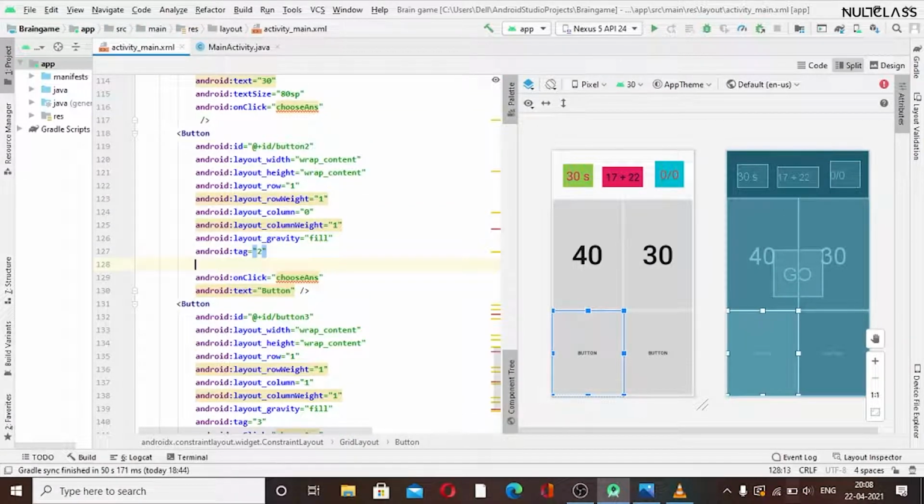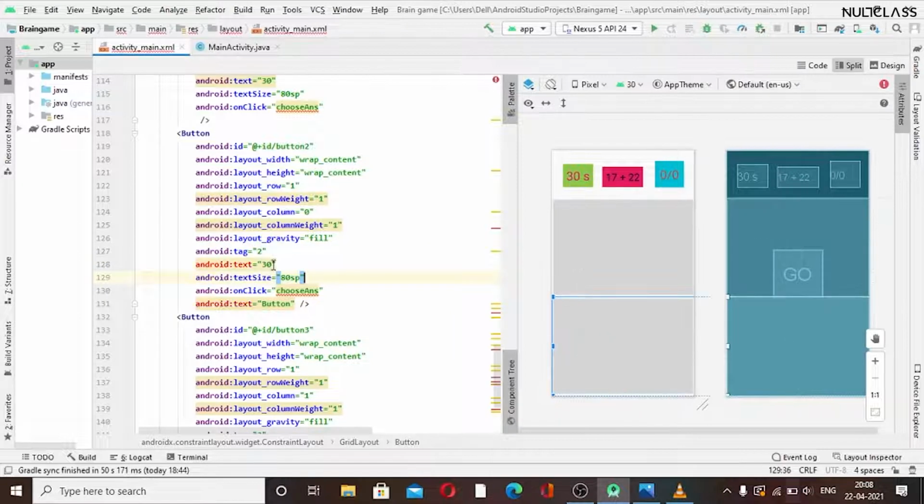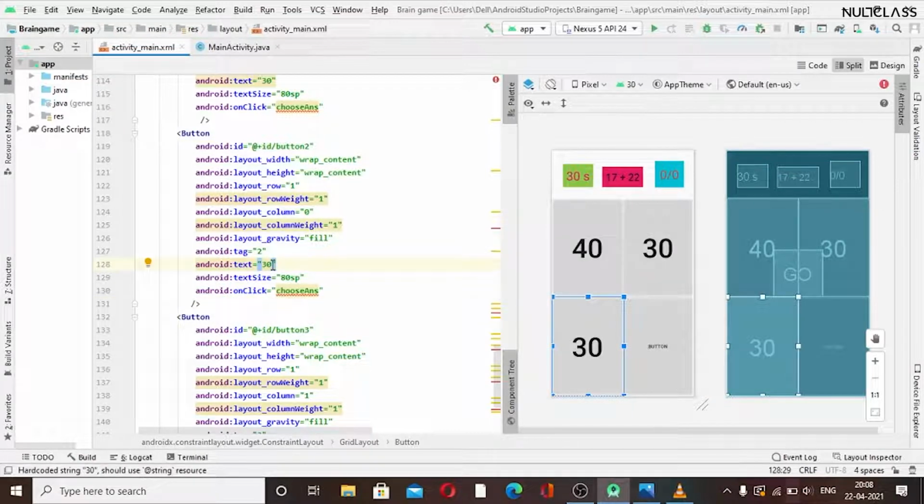Just go to here, paste it around here, just move it. I will give the text as, I think this time I should put the right answer here. I think this is fine. And for the fourth one, I think here.